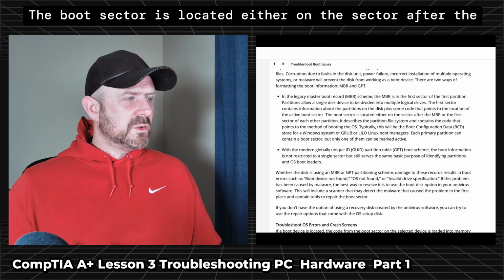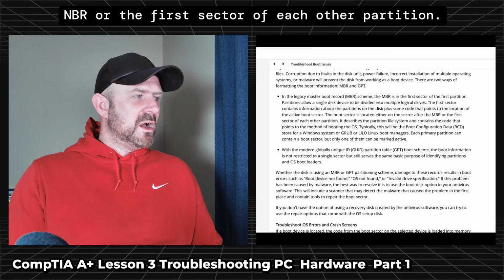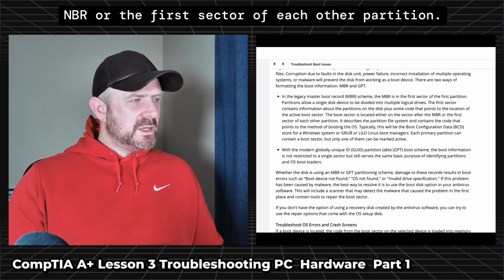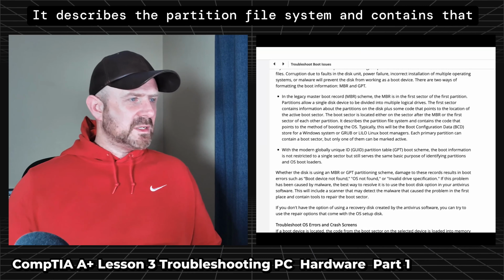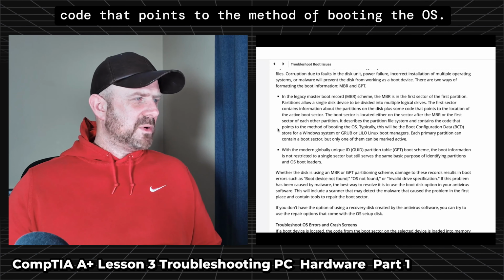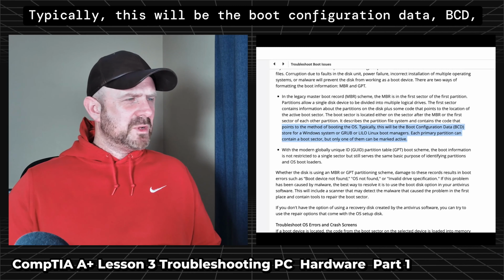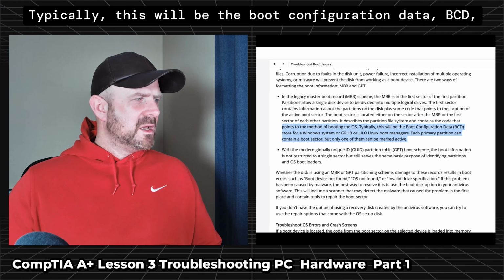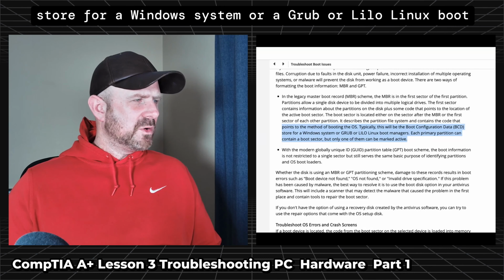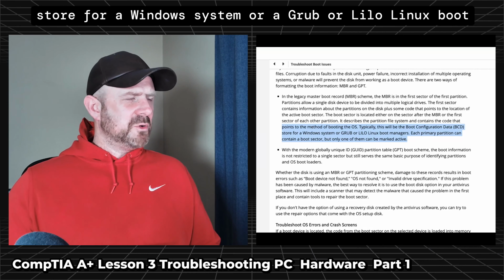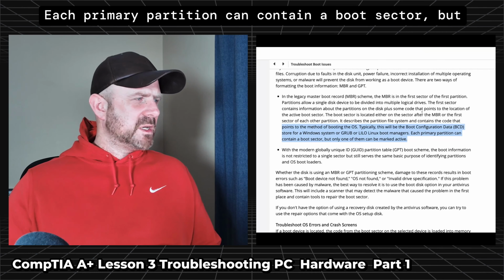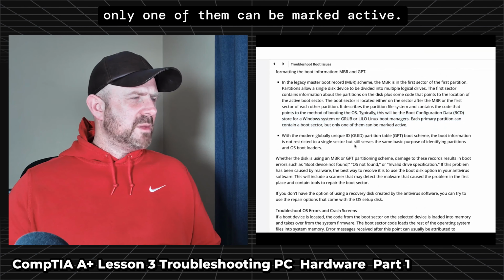The boot sector is located either on the sector after the MBR or the first sector of each other partition. It describes the partition file system and contains code that points to the method of booting the OS. Typically, this will be the boot configuration data, BCD, stored for a Windows system, or a Grub or Lilo Linux boot manager. Each primary partition can contain a boot sector, but only one of them can be marked